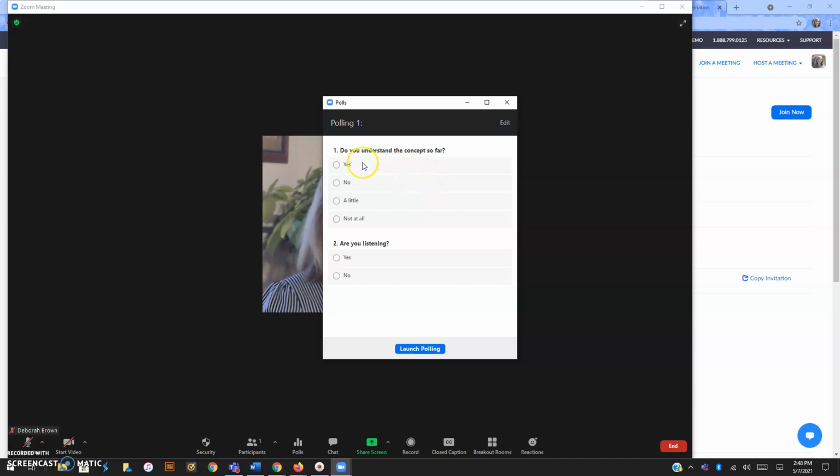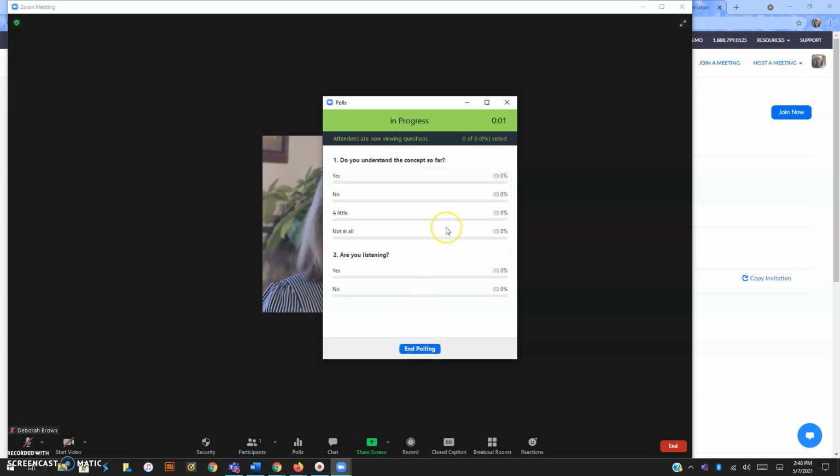So if I'm ready, I can go ahead and click Launch Polling. This is what will happen. My students are now looking at the questions and they will respond, and you'll see those numbers changing as your students answer. You as a host cannot vote and collaborate. You used to be able to vote if you were one of the hosts, so bear in mind when you're looking at the numbers. When 100% of people, or however many you're satisfied with, have voted, you can end the polling.